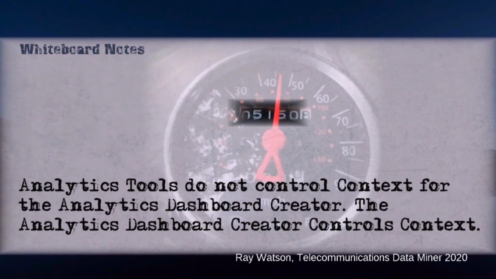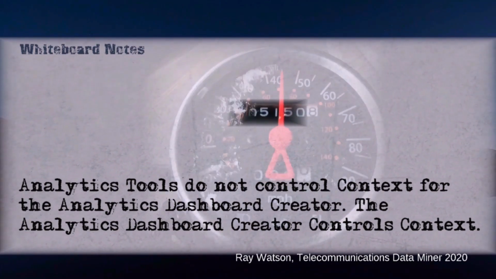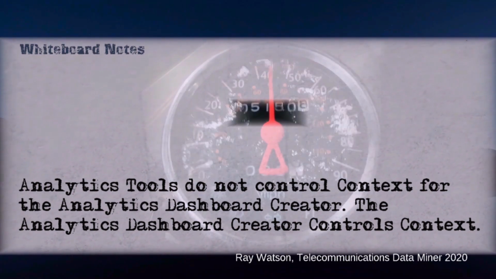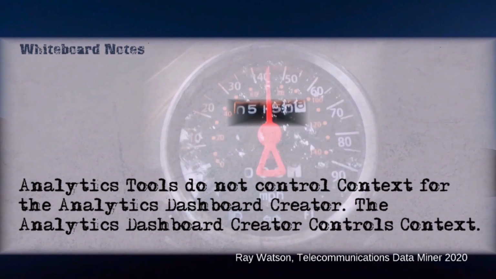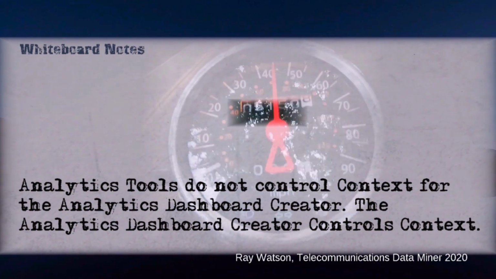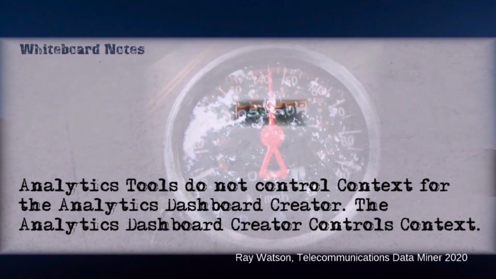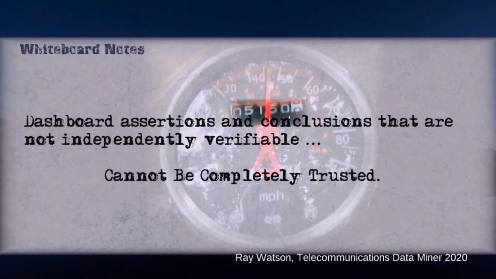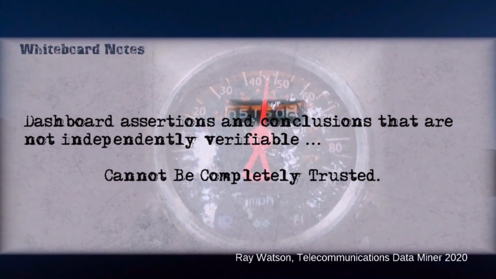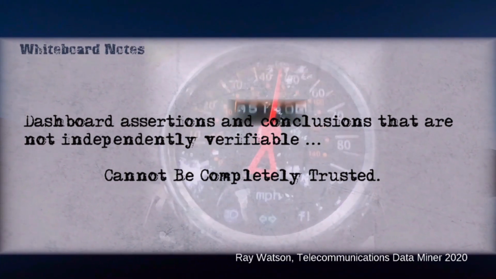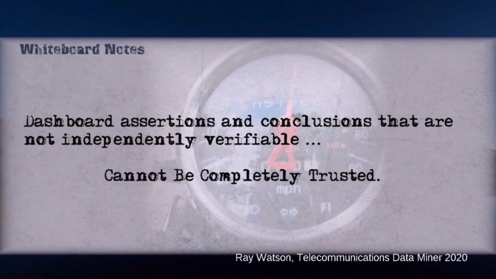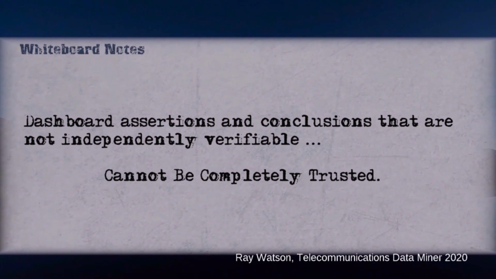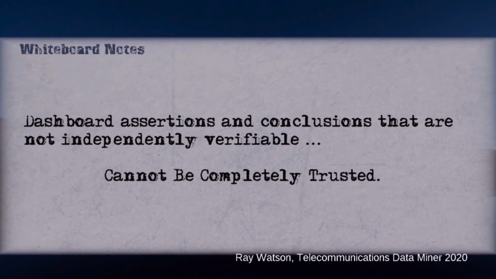Sharing dashboard values without sufficient context erodes cross-team collaboration and spreads confusion. Each dashboard should exist within a context framework that enables some degree of independent verification and confirmation. The assertions of the dashboard should be traceable back to the source information. Dashboards having insufficient context is about as useful as a collection of random numbers and causes the dashboard audience to fill in the gaps with their own context and assumptions.